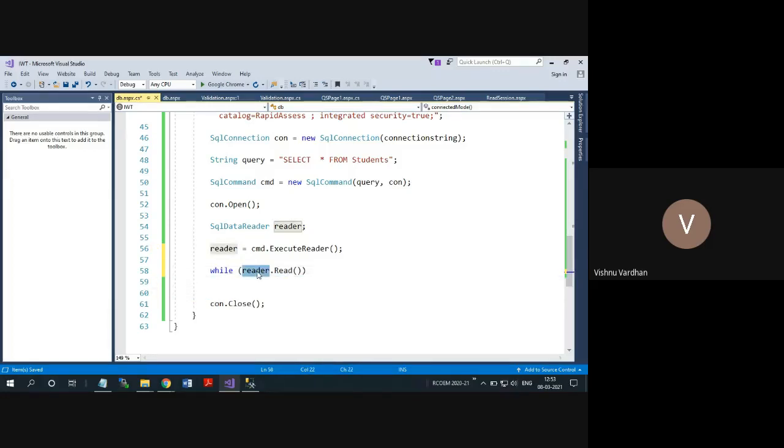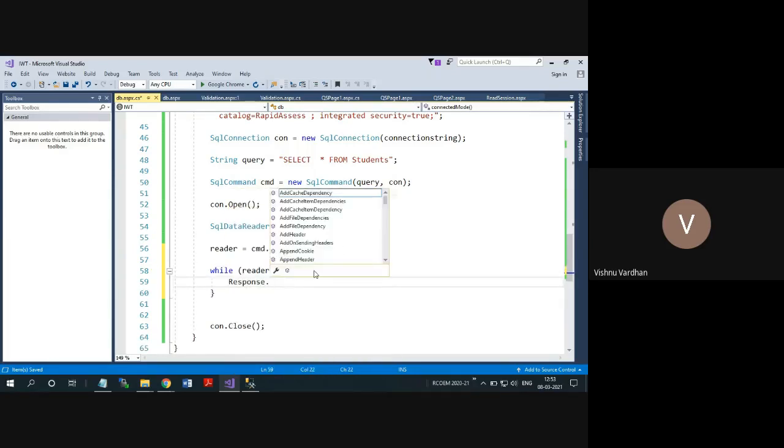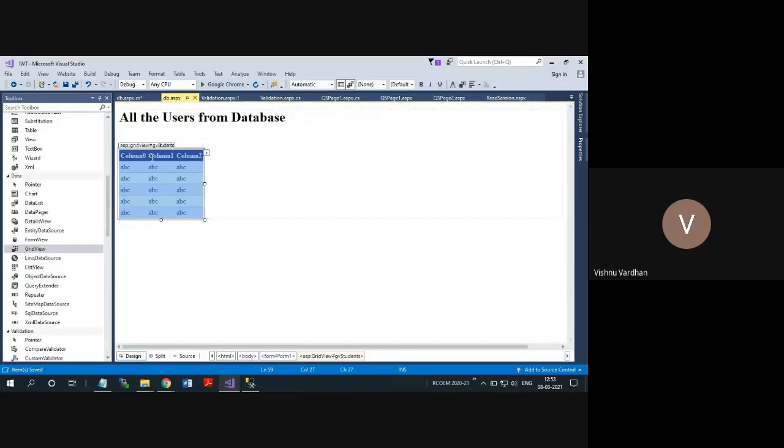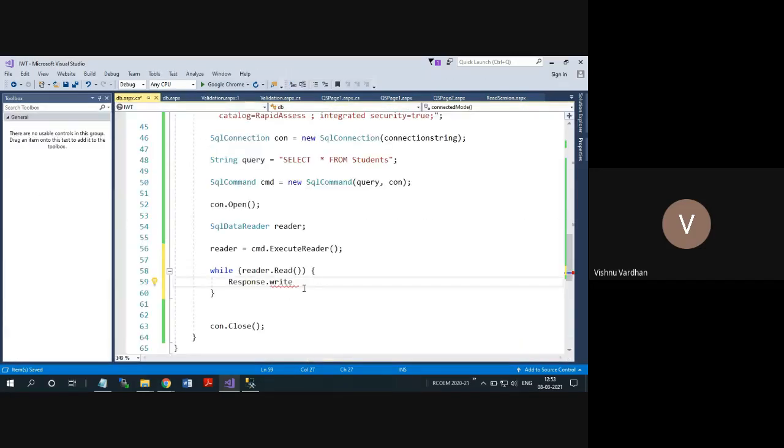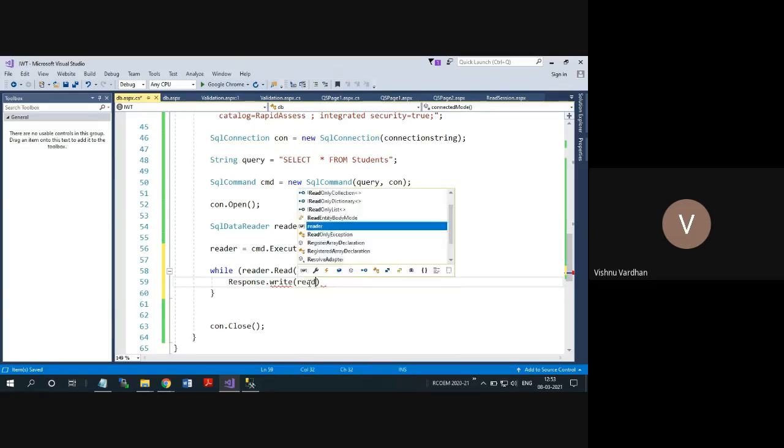I am not taking any control here; for this connected way of doing things we do not require the grid. Here I am writing Response.Write(reader.